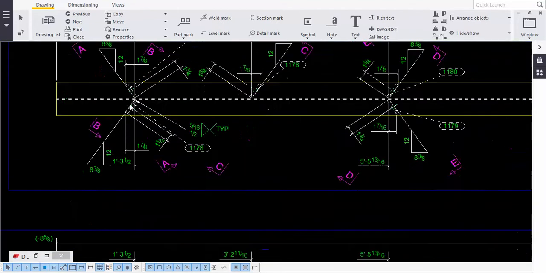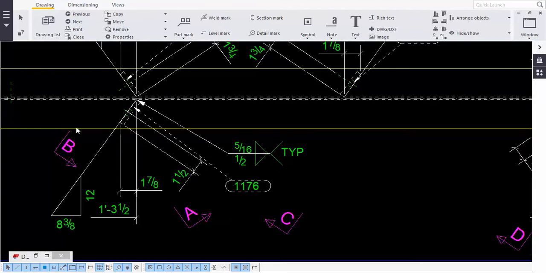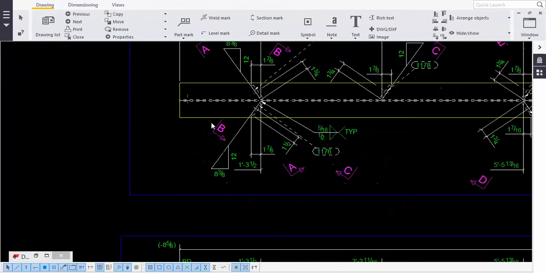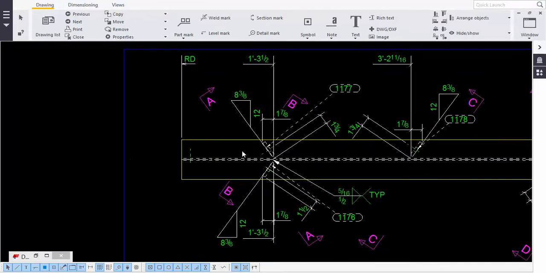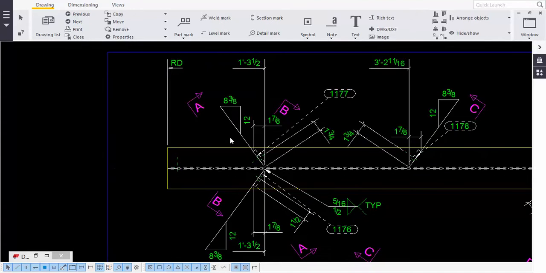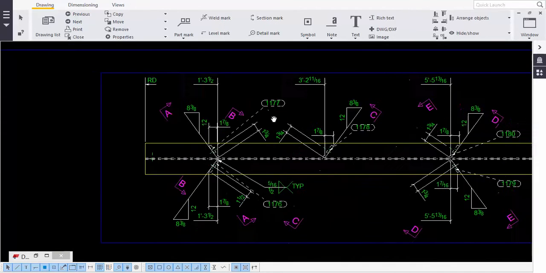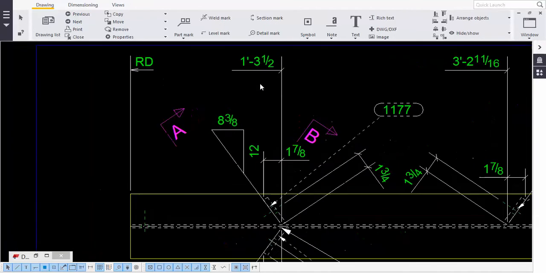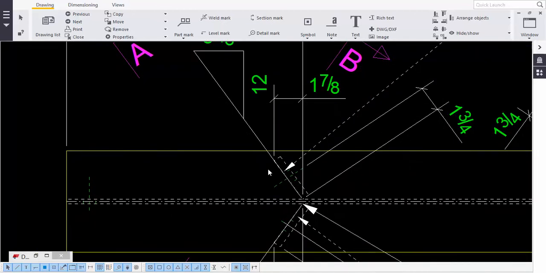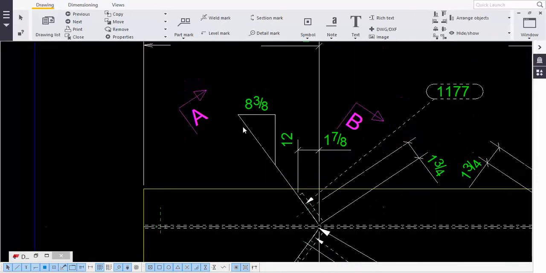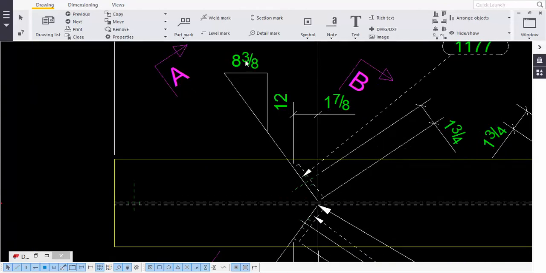And here, after giving RD, you come to the top view. In the top view, you also give RD to the one which is connecting. Here this one is connecting, so I give RD to this. Similarly do the same thing to all. After giving RD, next you take this plate and give bubble. In this way you can give the bubble.